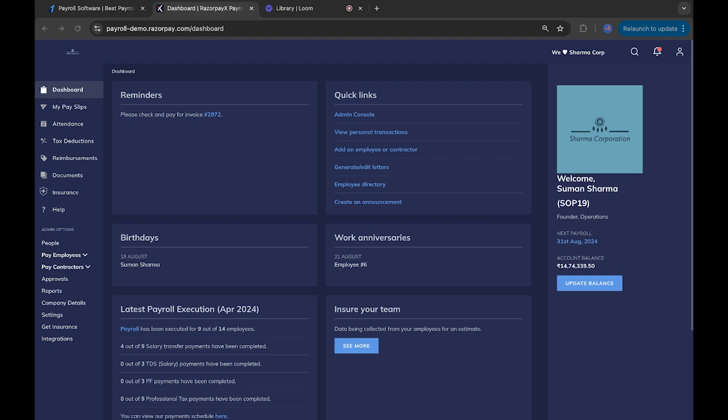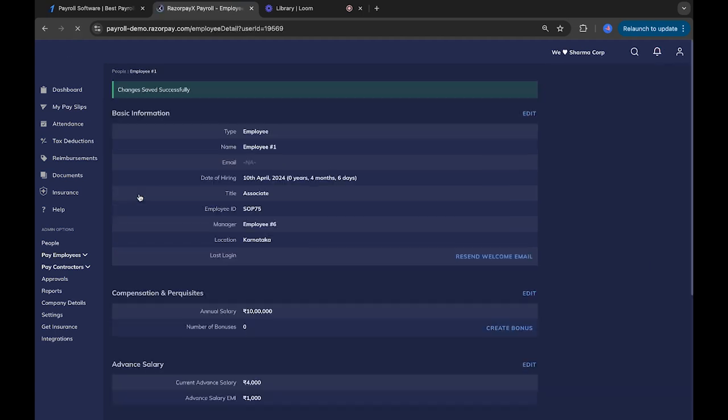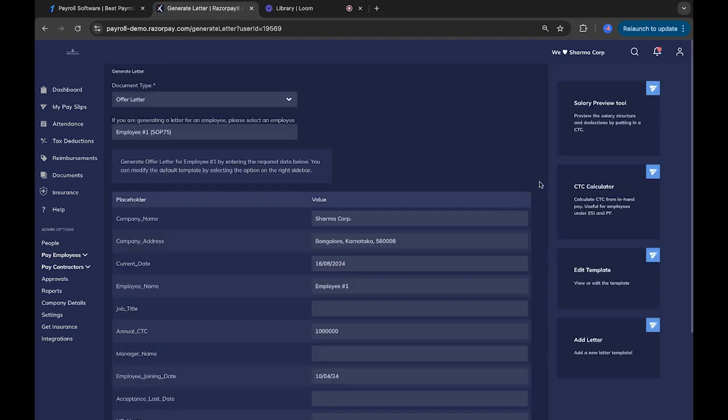At first, after logging in to Razorpay X Payroll, you will need to click on the very first admin option, called People, that you see on the left of the screen, and here you can click on any employee's name. Upon an employee's profile, you will have the option called Generate Document on the right. Once you click on this, you can see multiple tools mentioned on the right hand side of the dashboard for